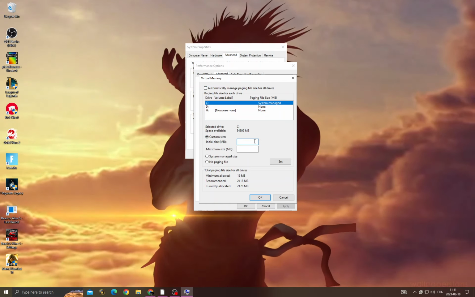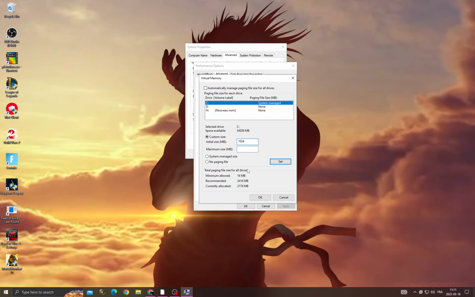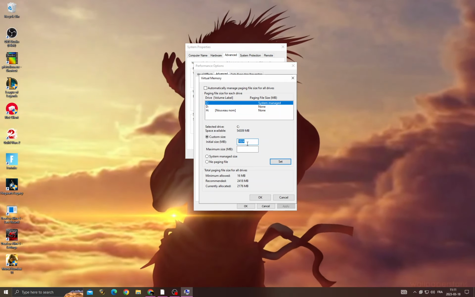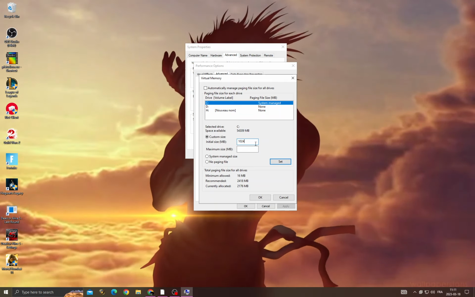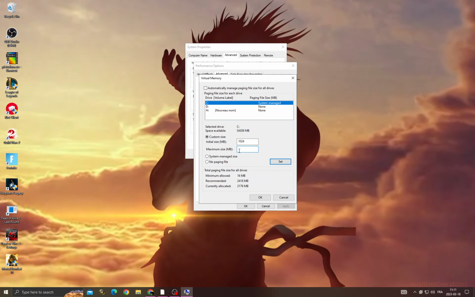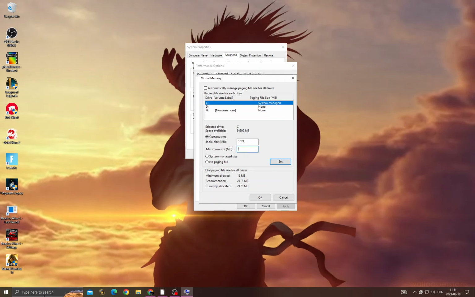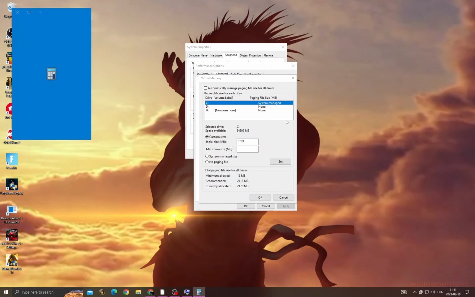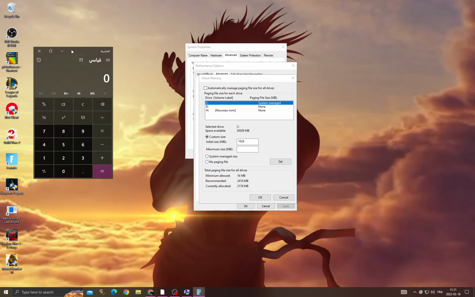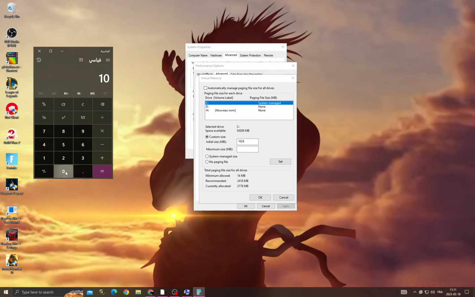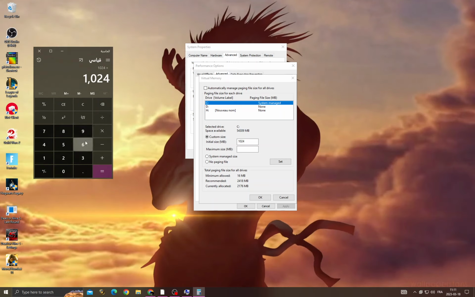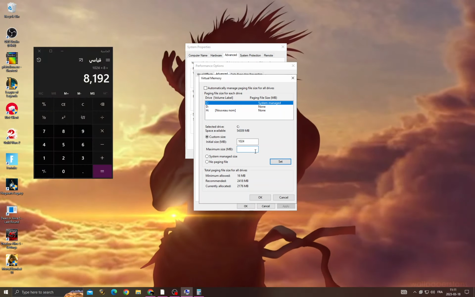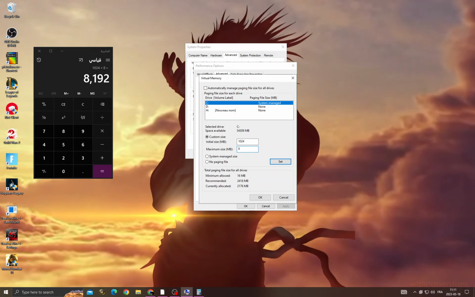Now type here 1024, and then in second one you need to multiply this number with how many RAM you have. Like if you have 8, just multiply it with 8, like 1024 and multiply it with 8, and then type the number that you will find here